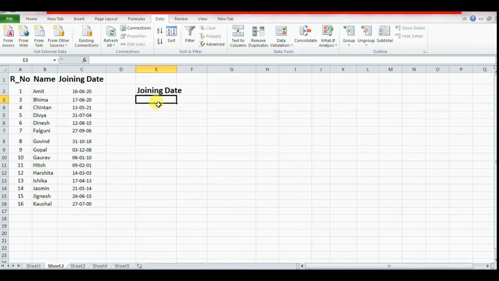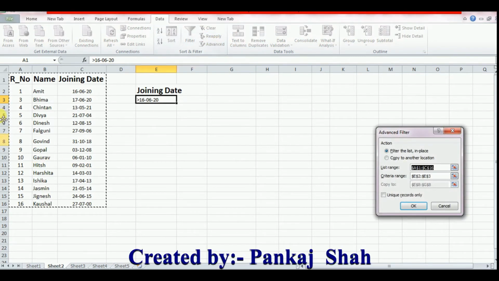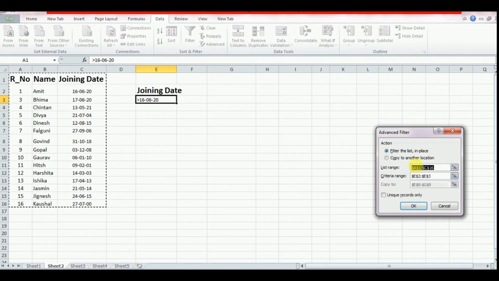Now greater than 16 June 20. So this is my criteria. What is it? I want to see only those records whose joining date is more than, meaning after, 16th June 20. Now once again click on data, advanced filter. You can see here our source table is already selected. Now click on criteria,